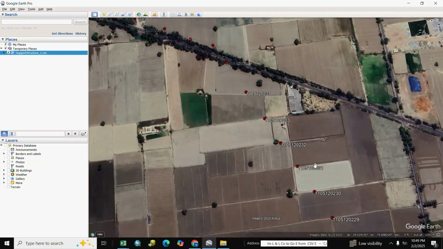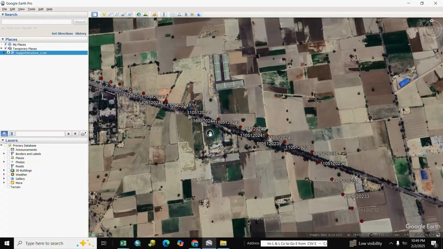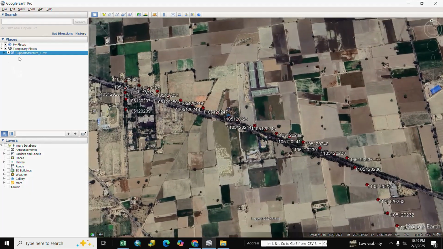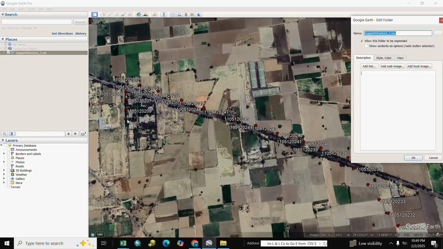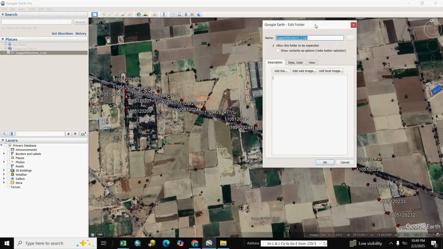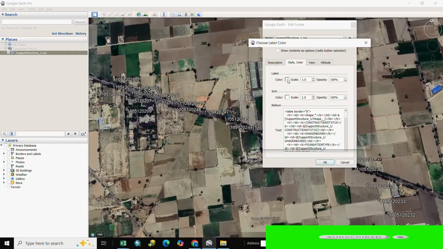All poles are available here, and if you want to change color, you right click, go to property, and you select here color and style and go to scale.